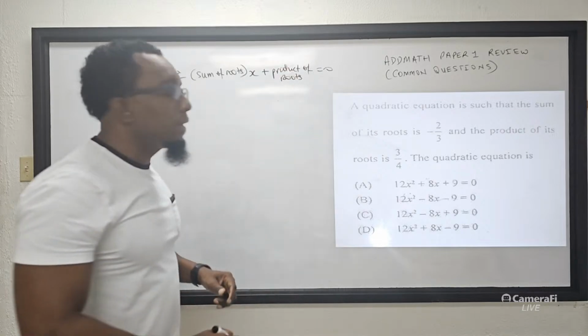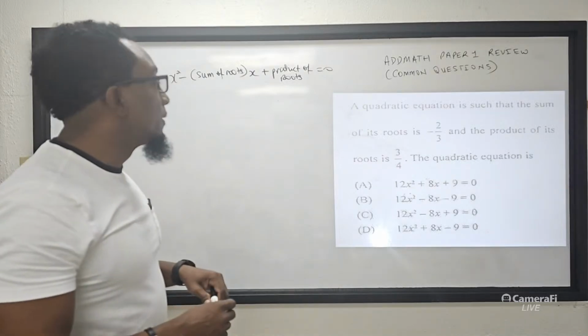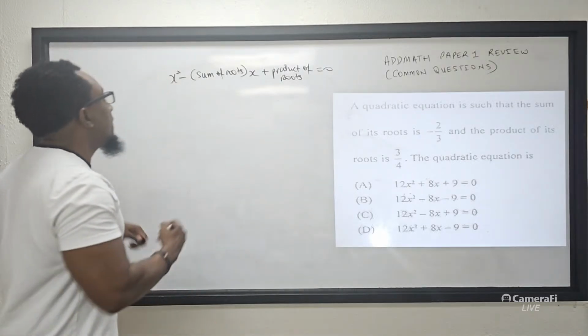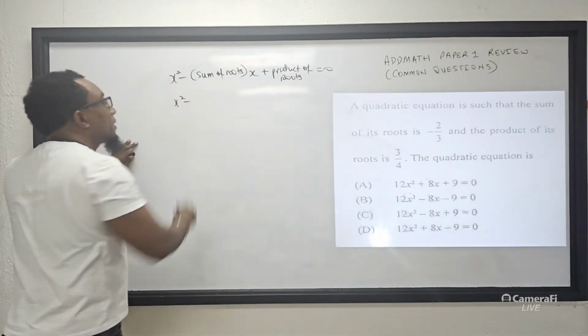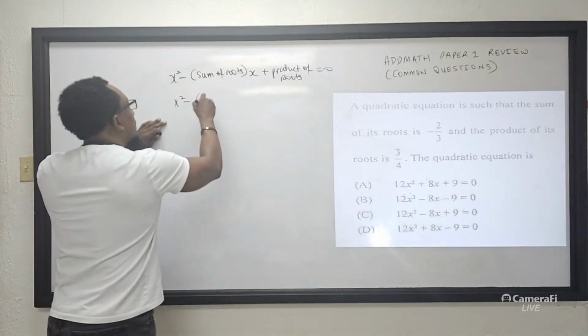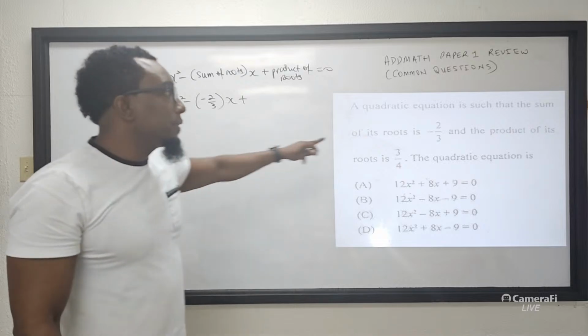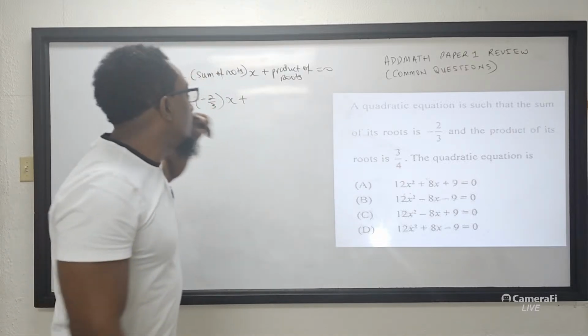So that's the general quadratic equation when it comes to roots involving alpha and beta. So we know this will be x squared. Subtract, they told us what's the sum of the roots, that's a negative 2/3 in brackets x plus the product of the roots is 3/4